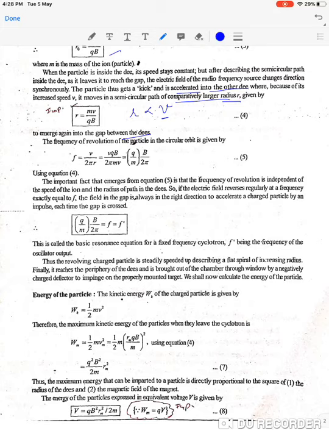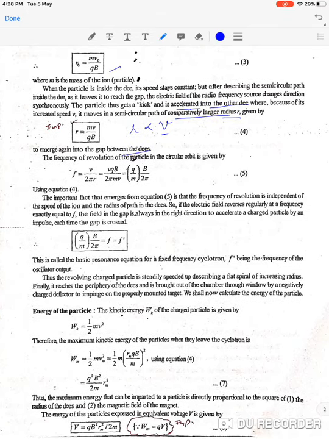So frequency, we know the relation. Frequency is v upon 2 pi r, 1 upon T is equal to this. Now we put the value of r into this relation, and you will get that the frequency is actually independent of the velocity of the particle. Okay, and we need to apply this arrangement. Let's discuss this important fact that the frequency of revolution is independent of the speed of the